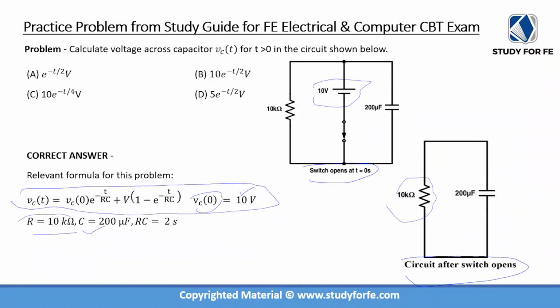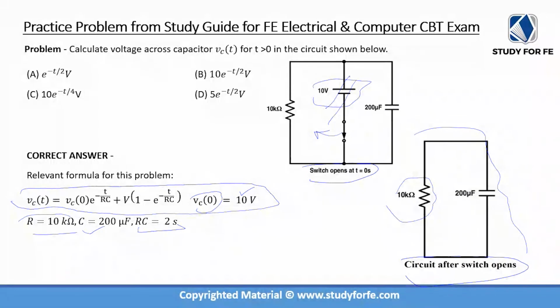So we know our C, we know our R, we know Vc at 0, we know the time constant. Just multiply R and C and you will basically get the time constant. So in this case, as you saw, when we open the switch, this becomes an open circuit. Then this voltage source is irrelevant. It will have no contribution whatsoever towards the circuit, and that's how I basically came up with this equivalent